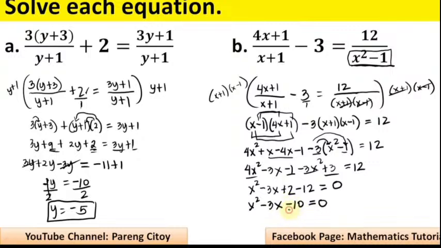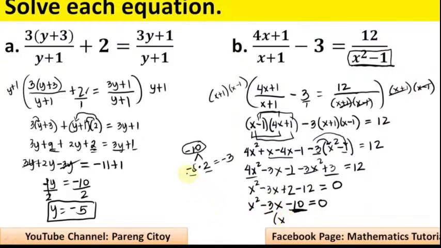So let's look at this, negative 10. What are the two numbers that if you multiply, the result is negative 10, and if you add the two numbers, the result is negative 3? So that is negative 5 times positive 2. If we multiply this one, the result is negative 10. When we add this, the result is negative 3. So our factor is